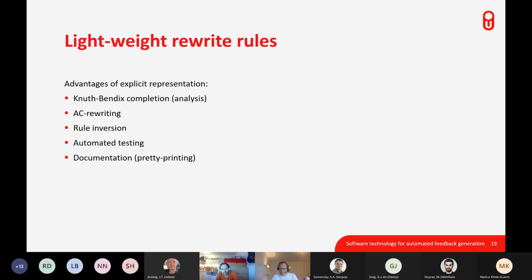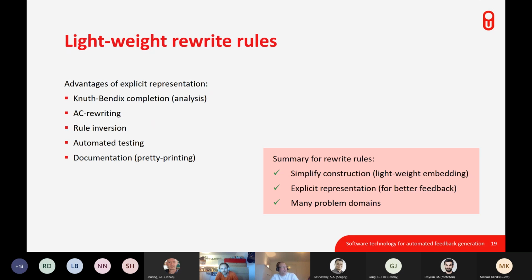operators. I can inverse rules, going back the other way around if I want. I can do automated testing. I can do documentation of these kinds of rules, all because I have an explicit representation of the rule that I can work with. So I just sketched it, but the summary of the rewrite rules that I presented is